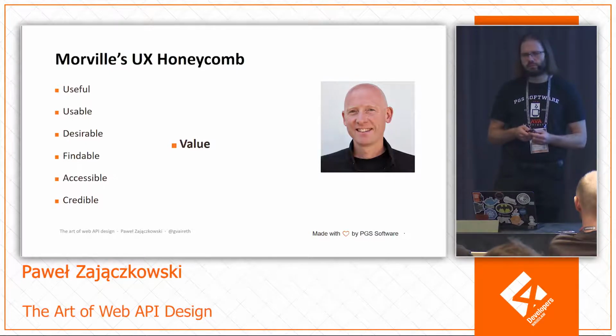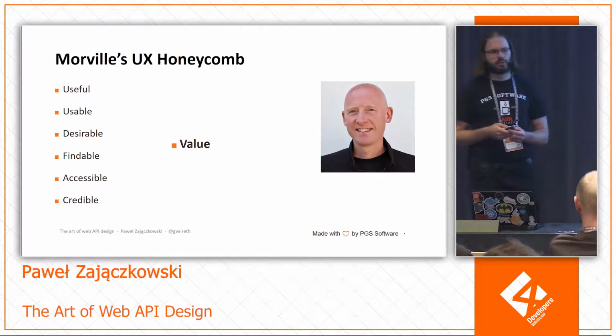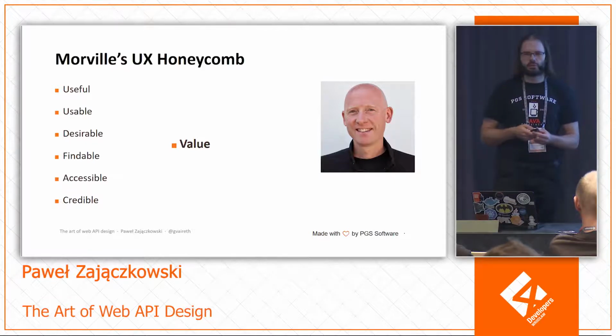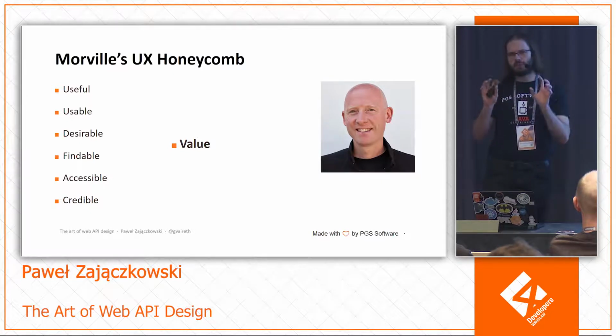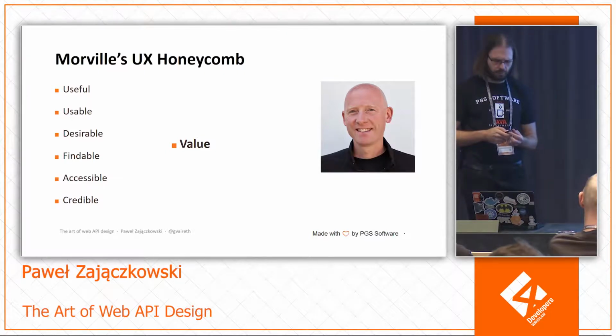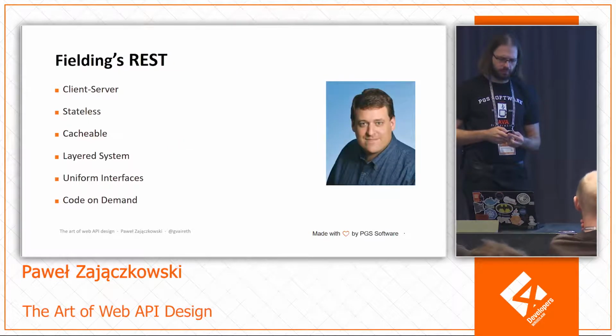Credible, well, we would like our products not to break in the first place, but if our products break, we would like to not be left alone with that. So in case of API, if there's an error or something, it's nice to get a descriptive message, for example, or a link to an FAQ, what to do with that. And in the original article, those values were composed into 6 hexes, and in the middle there was a hex value created from that. So that's the first wizard.